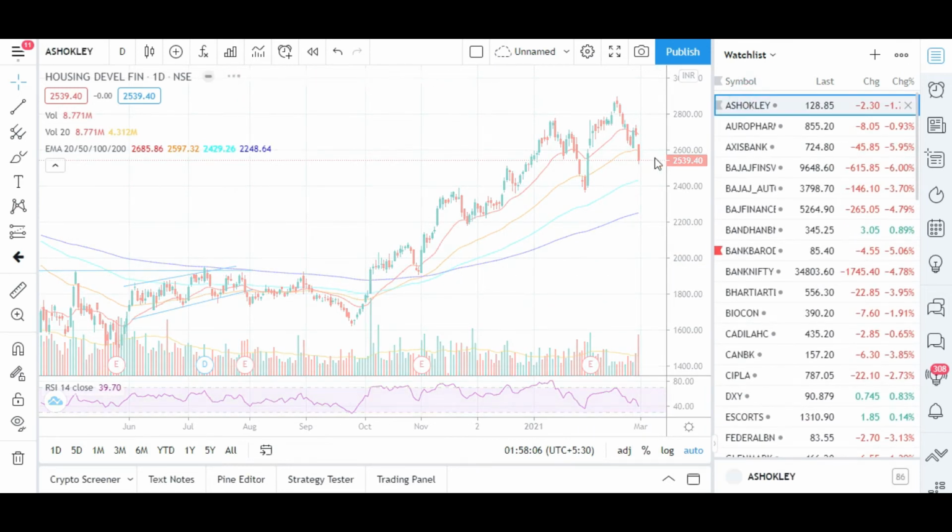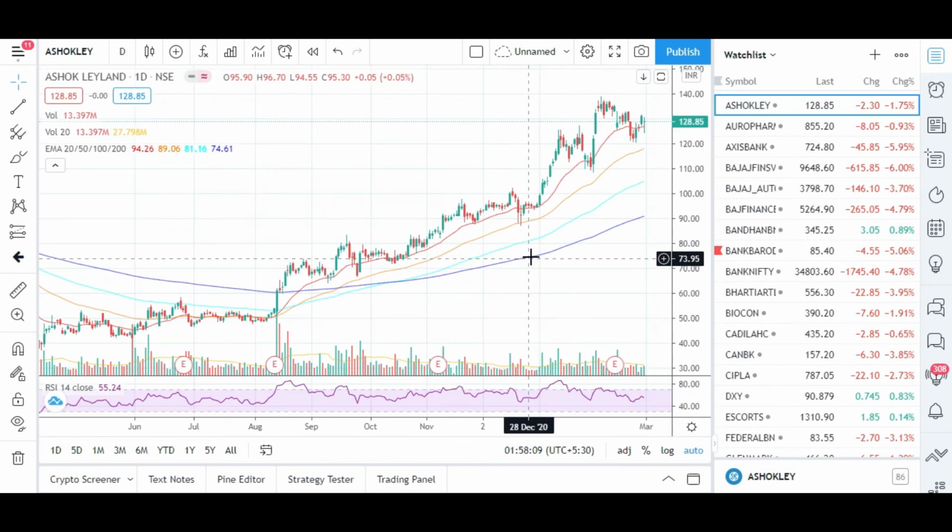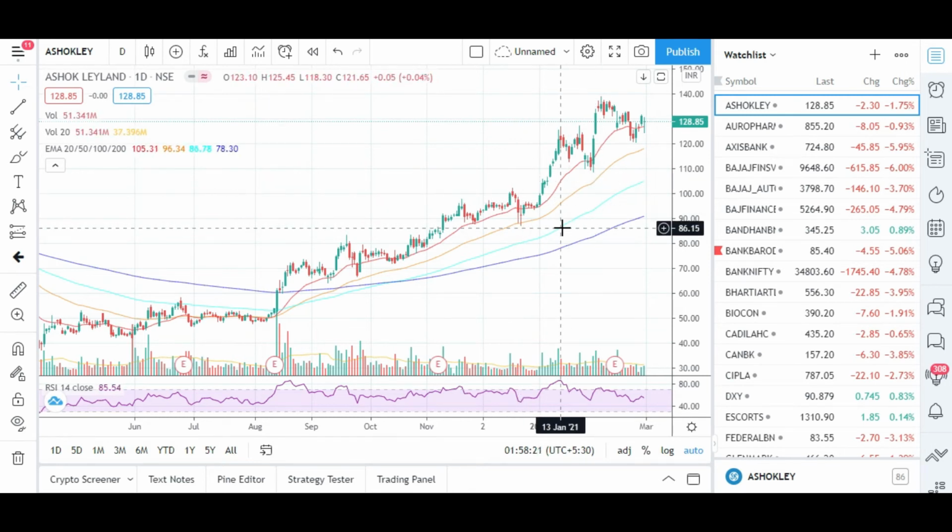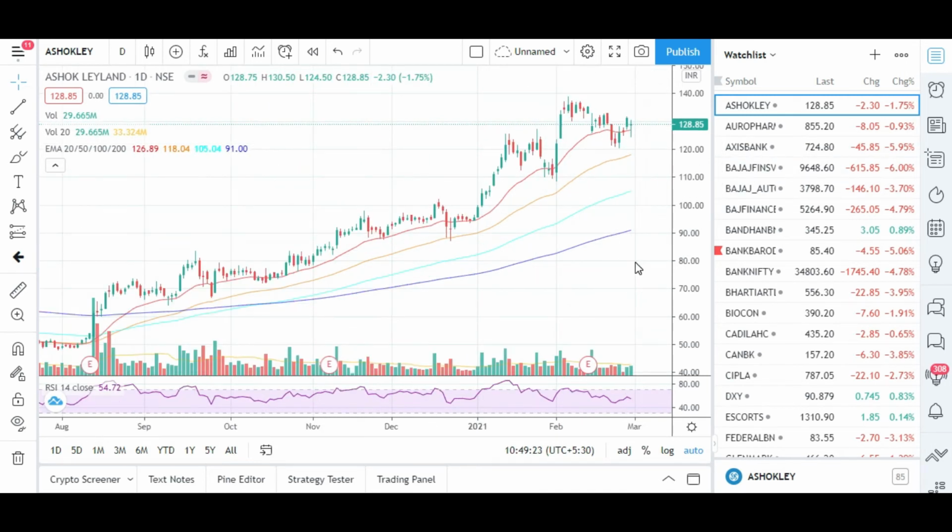So let's see, for example, Ashok Leyland. In this case also you see that near the 50-day moving average, the stock is in a strong uptrend. Right now most of the stocks are in a strong uptrend, and you see that those stocks are bouncing from the 50-day moving average. One very important thing which I want to mention here, friends, is that you have to wait for the stock to bounce from the support level. For example, you don't have to hurry and make the position as soon as the stock comes to the level of the 50-day moving average. You have to wait and let the stock bounce, and you also have to look at the derivatives data to see what actually happened.